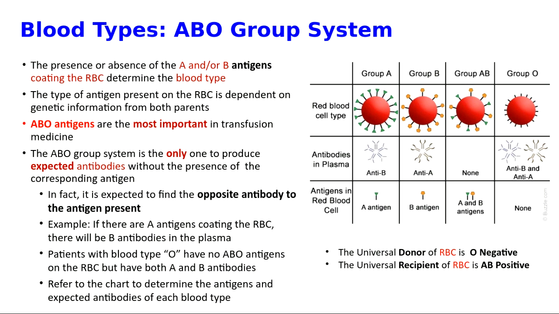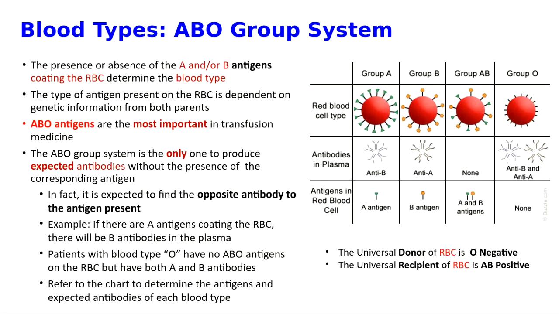If you have A antigens on your red blood cells, you will naturally make B antibodies. That's why you have the B antibodies right there. It says antibodies in plasma, and then you have anti-B. If you're group A, you're going to have A antigens and anti-B antibodies. Okay? If you're group B, you're going to have B antigens on your red blood cells and anti-A antibodies in